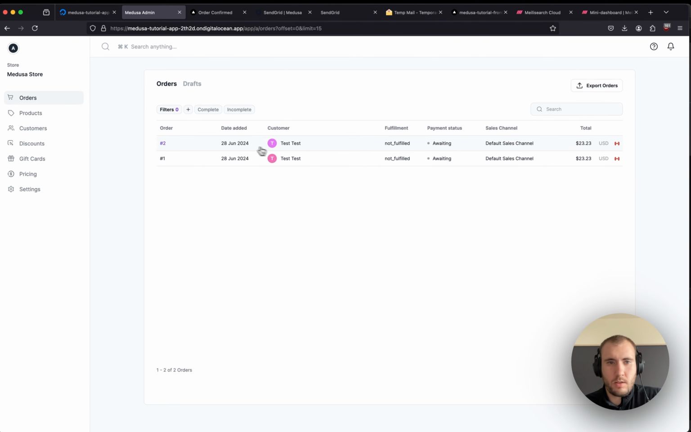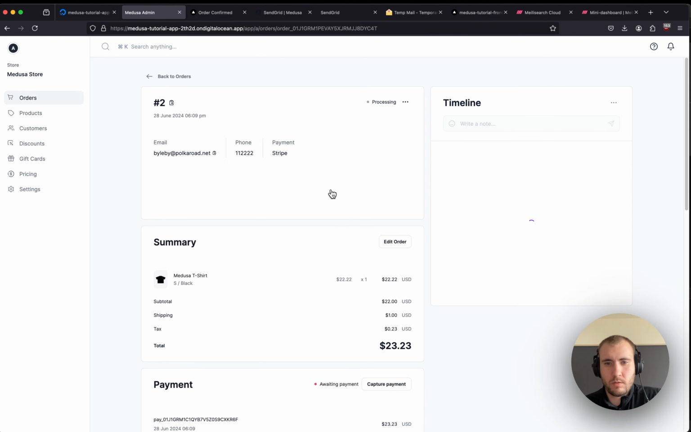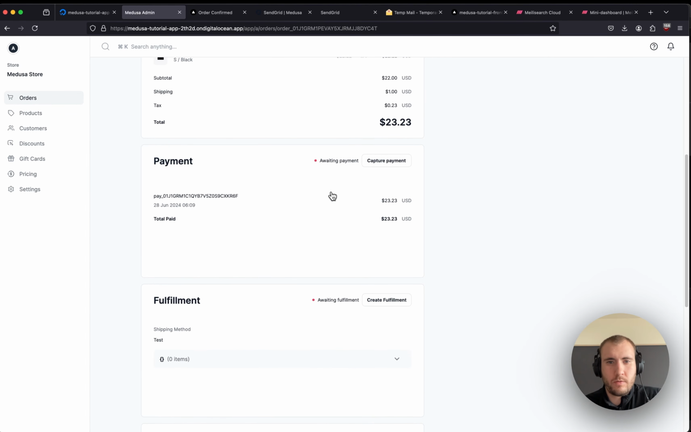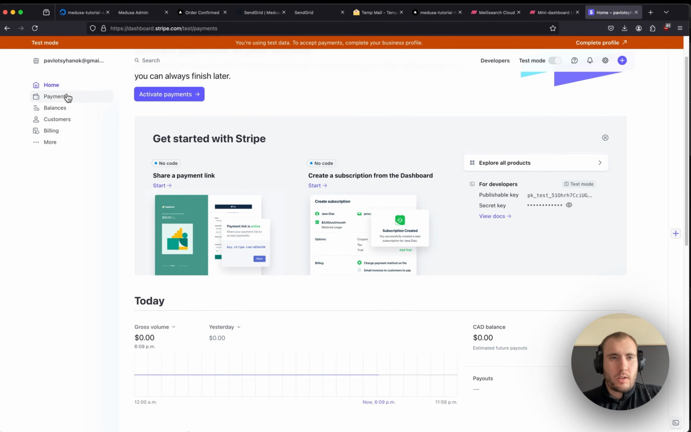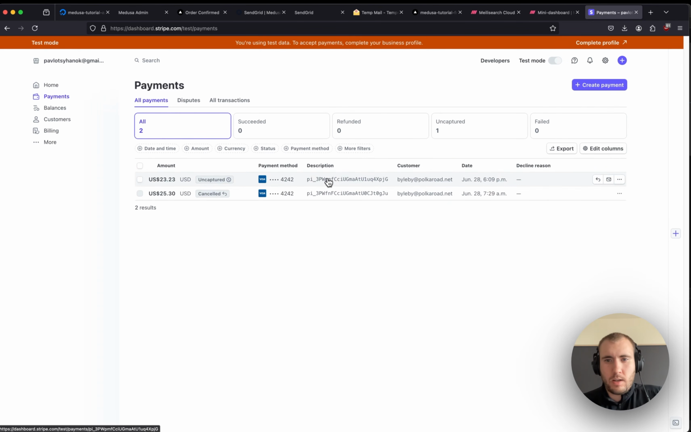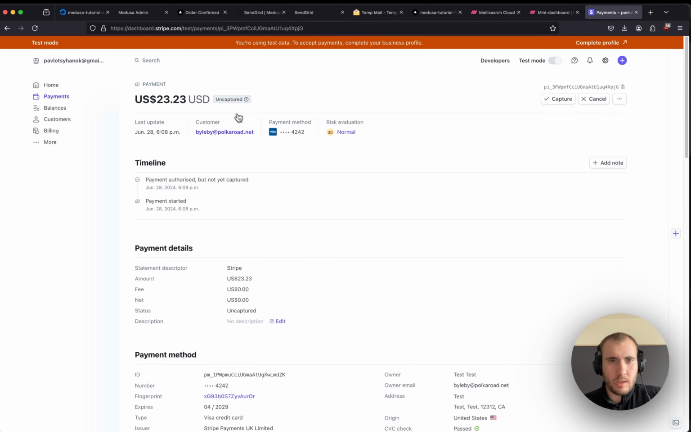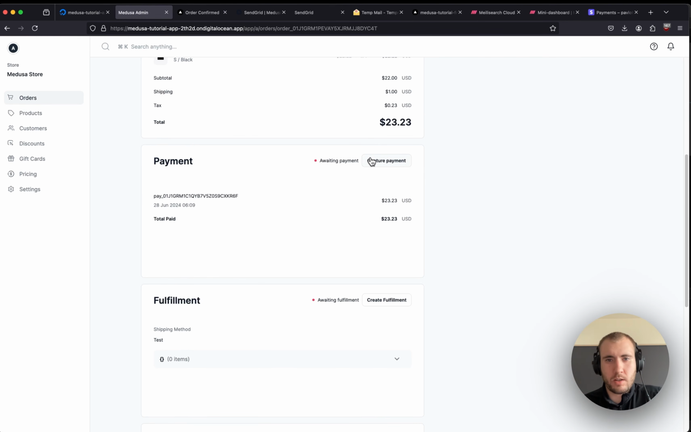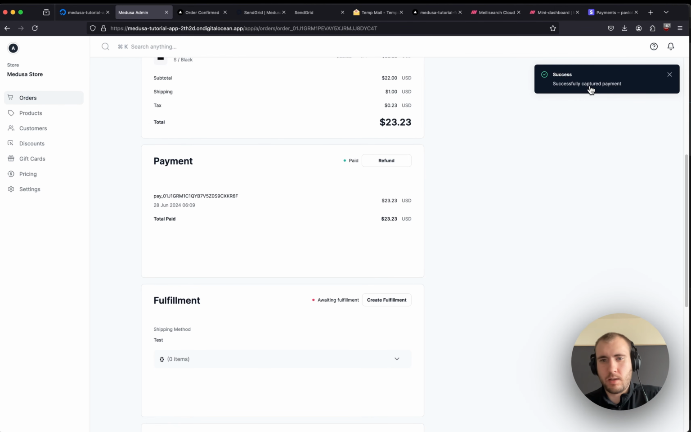I go to orders, here's my new order, and it says payment awaiting. So I'm gonna open Stripe. I go to payments, and as we can see, I got a new payment, and the status is uncaptured. Here's our customer. So I'm gonna go back to my Medusa admin and hit capture payment, and it says successfully